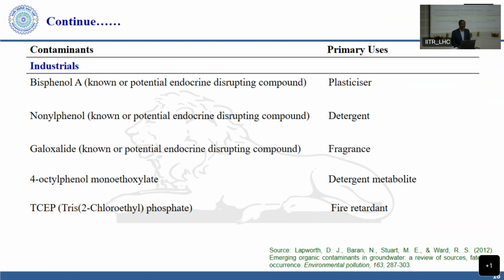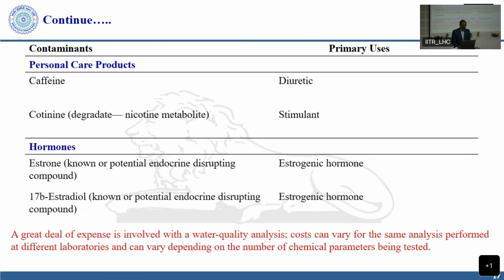This is the fragrance. Fragrance means whatever perfume you are using. Okay, so this chemical is also used in your perfume here. TCEP, fire retardant. Okay, so this is your chloroethyl phosphate. And personal care products, caffeine, and containing degraded nicotine metabolite. Okay, hormones, estrone, known as a potential endocrine disruptor. Okay, and this is